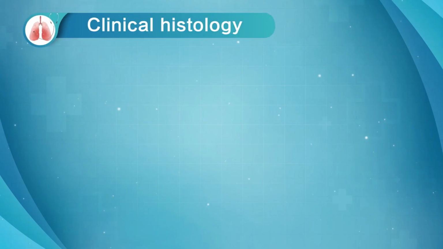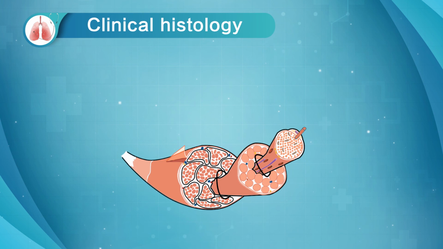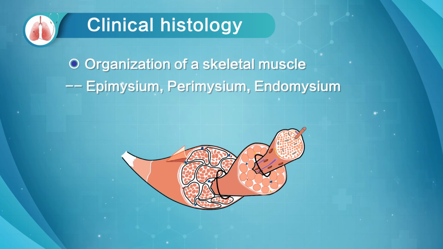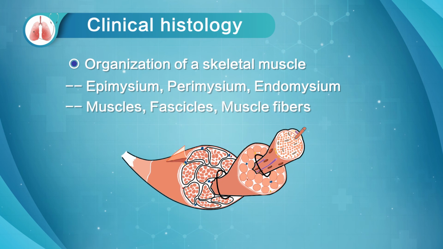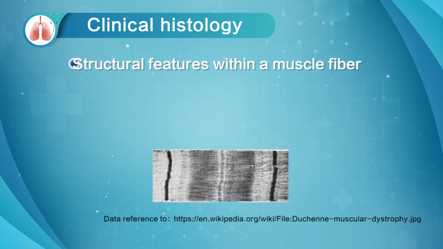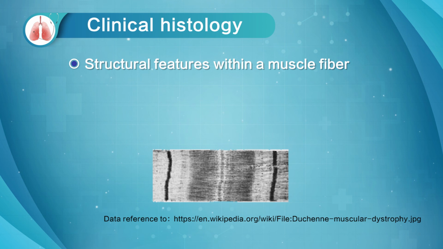Now, let's summarize what we have learned today. At the beginning, we dissected a piece of muscle. Now, we know that 3 supportive connective tissues, namely epimysium, perimysium, and endomysium, embrace the whole muscle, fascicles, and muscle fibers, respectively. Then, we continued with the detailed structures of the contraction unit,